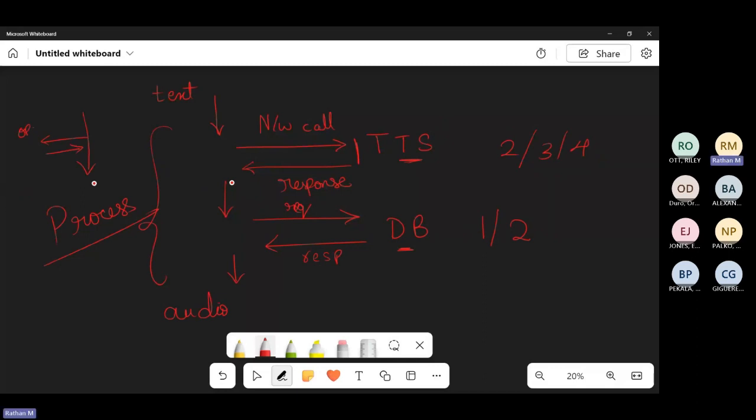Whenever we are dealing with two types of tasks, either network bound or input output bound operation, not CPU, only network and input output bound operation. This is an IO operation. This is a network operation.